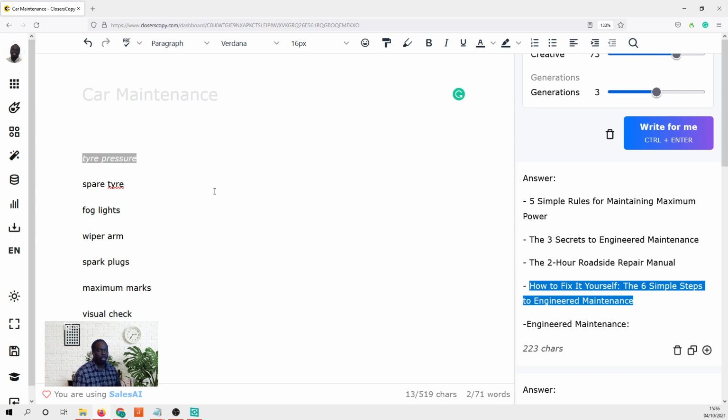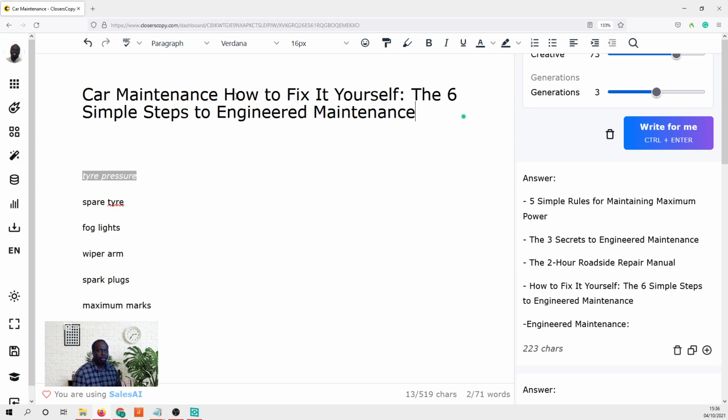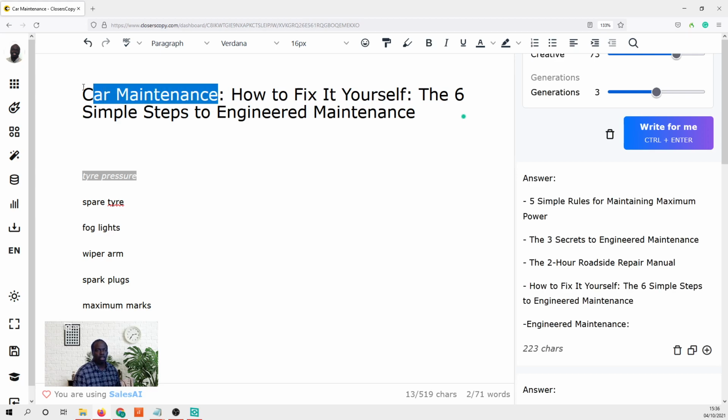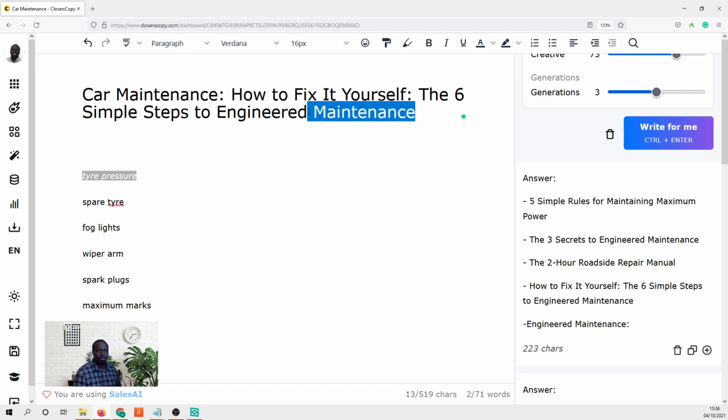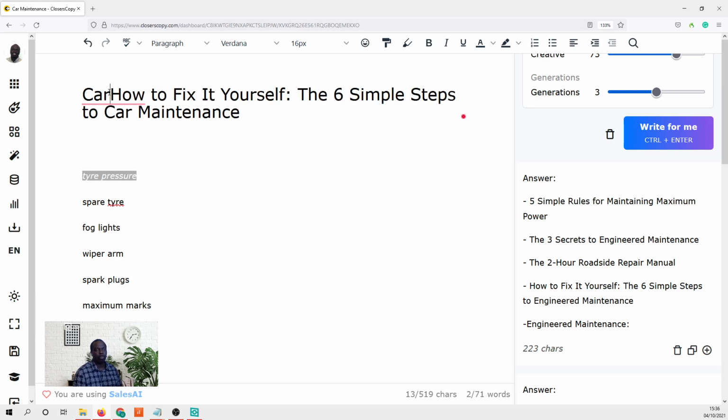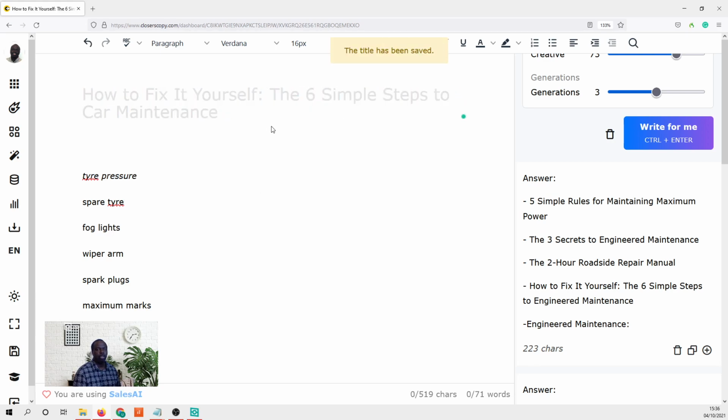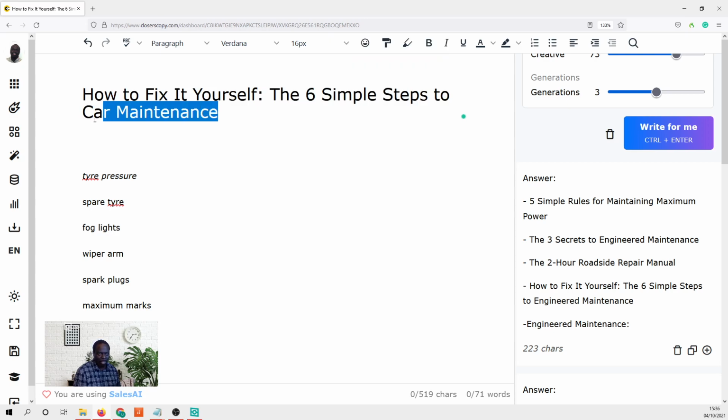Let's use this one. I'm going to adjust a little bit. Car maintenance. How to fix it yourself. 6 steps. 6 simple steps to. Let's copy that into here. Right. Okay. So that's got our main keyword in the title, car maintenance. Now they will usually tell you to try to make the keyword, if it's a keyword, come somewhere in front. So